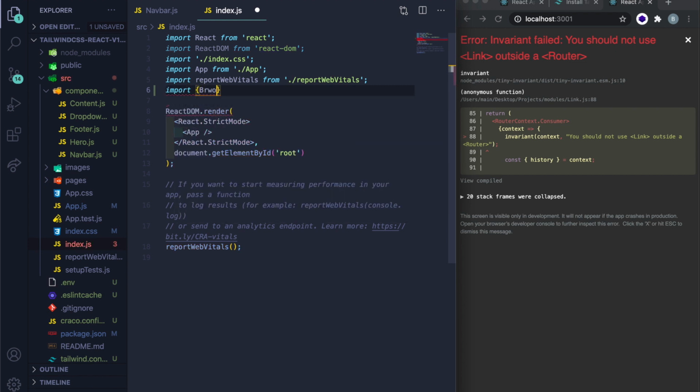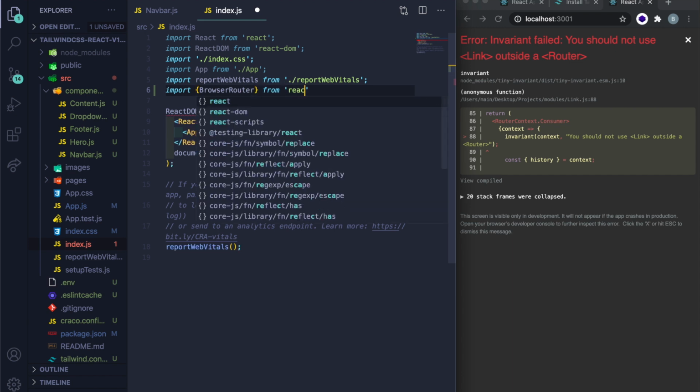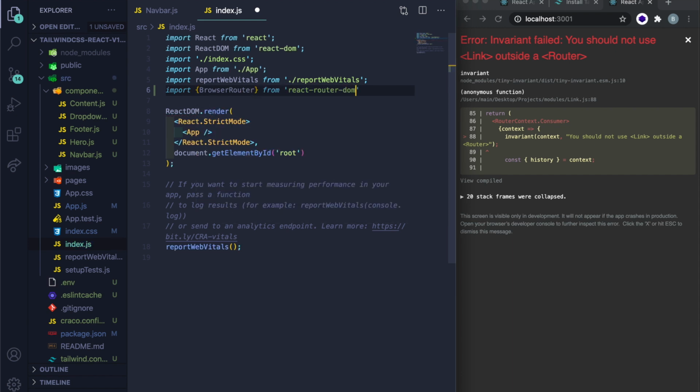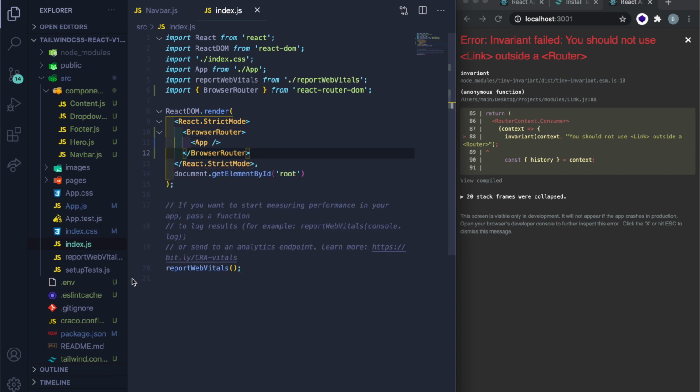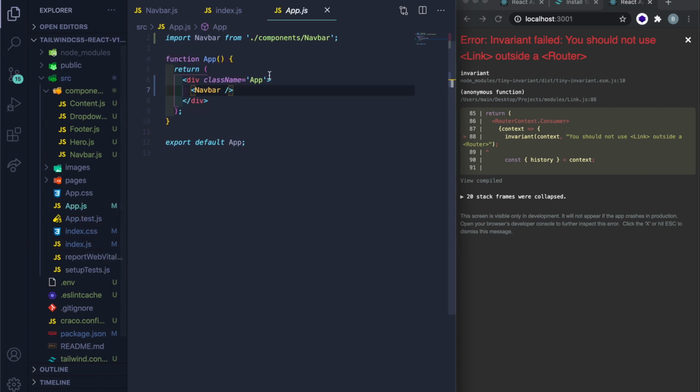I'm gonna do BrowserRouter from React Router DOM, and then I'll just wrap it around the app. You can rename it to Router too if you want, but let's just make this simple. And then if I go to app.js, let me delete this, and then this one is just going to be